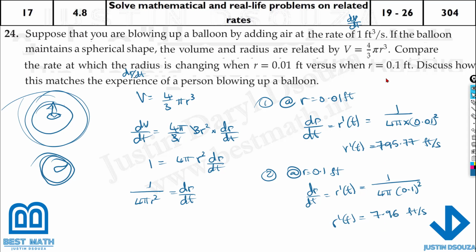That is the explanation. So you can just write over here, discuss how this matches with the experience of a person blowing up the balloon. I'll just write it out. When the balloon is smaller, the rate of change of, I'll just write dr by dt, that is rate of change of radius with respect to time, increases greatly,